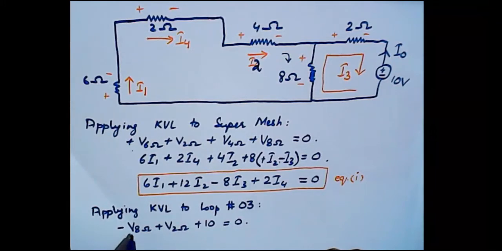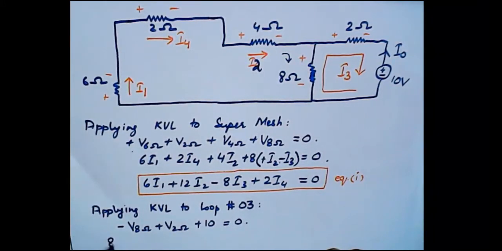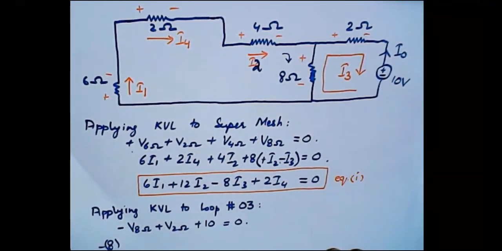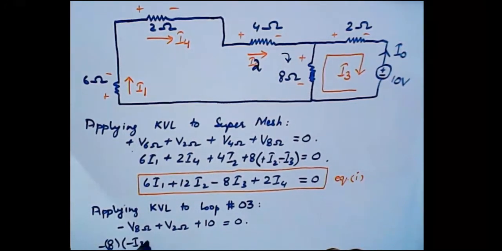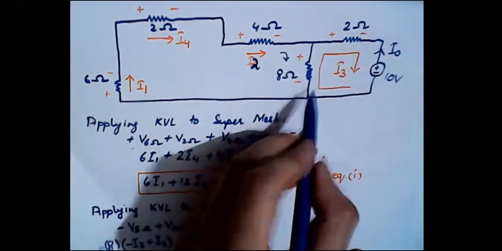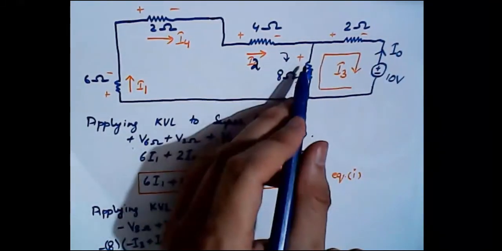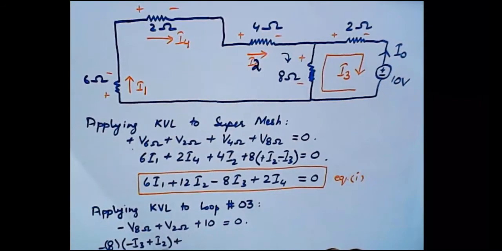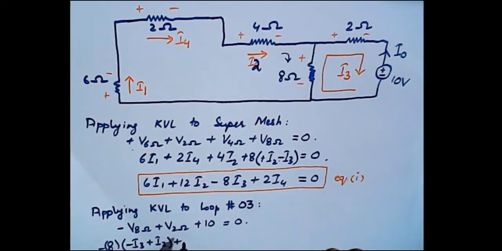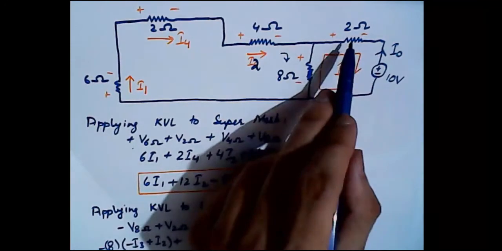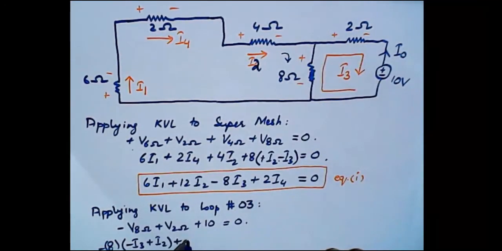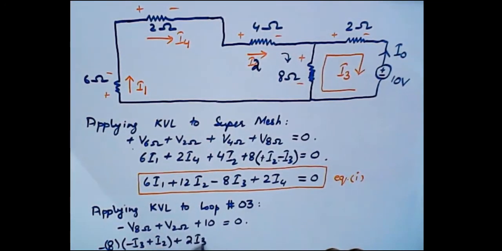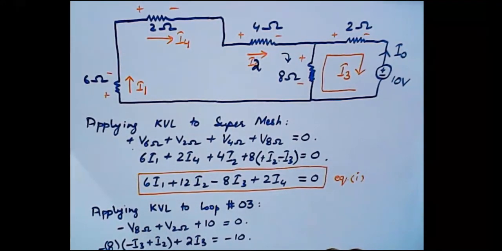And here we know that minus V8 ohms will be equal to minus 8 times of I3 plus I2. Why? Because I3 is entering the negative terminal, I2 is entering the positive terminal, plus V2 ohms. V2 ohms is here, and it will be 2 times I3, and rather we can write minus 10, so it will be